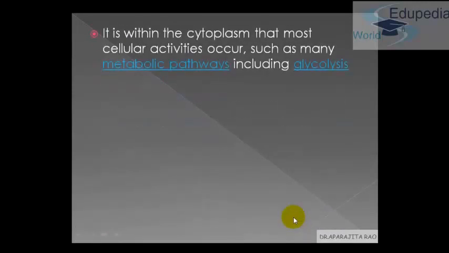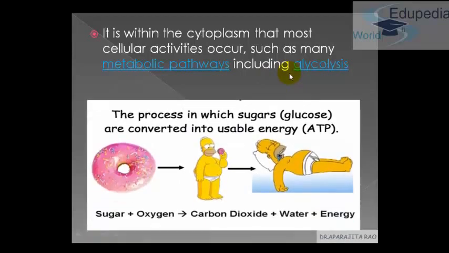Apart from that, it also has many enzymes, and these enzymes are very important in carrying out some important metabolic activities like glycolysis. What glycolysis is in detail you will learn in later lectures, but just as an introduction, it is a way the cell prepares its food. The sugar is used by the cell, or it is burnt in oxygen by the cell, and this gives energy to the cell and helps the cell survive. This basic procedure is glycolysis.